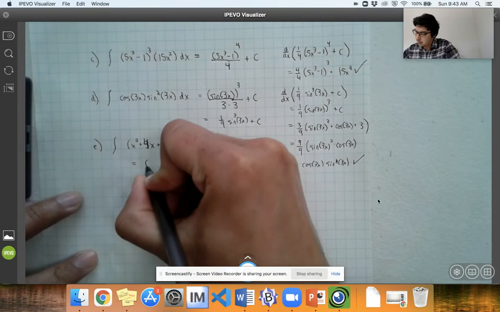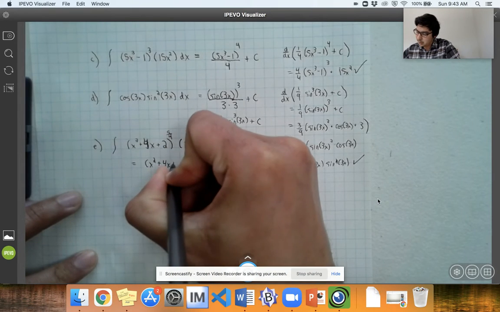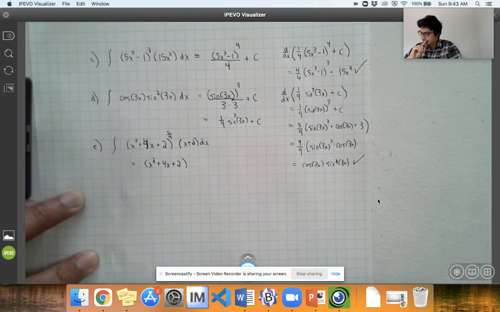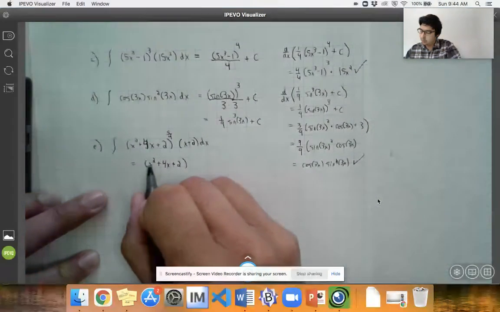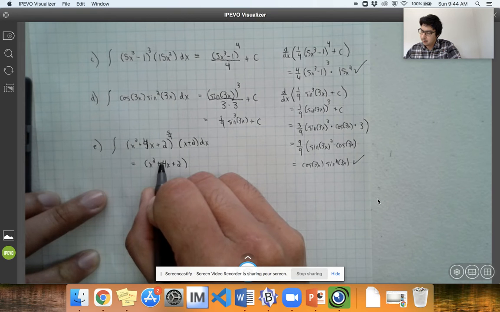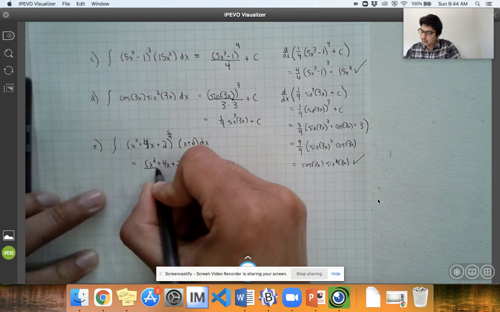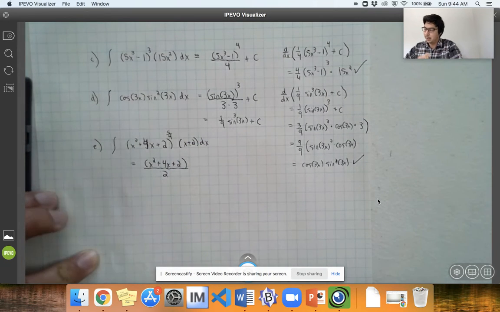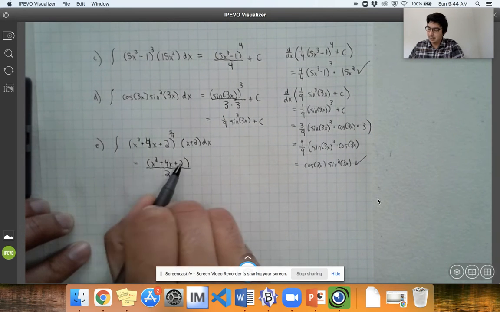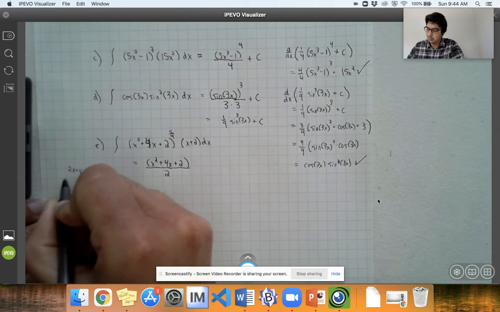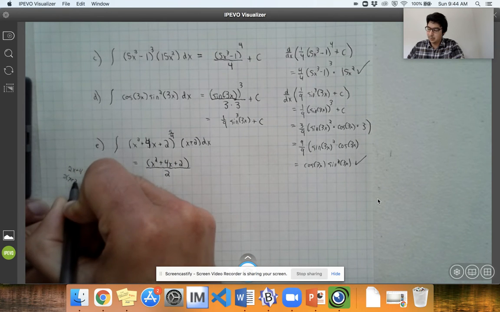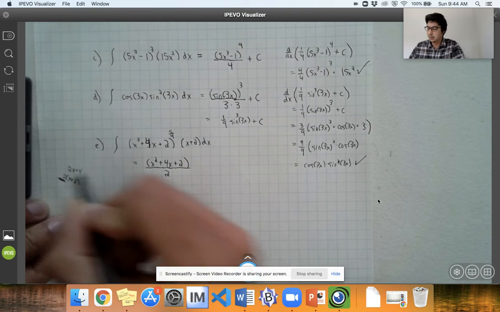So I think we're going to need the x squared plus 4x plus 2. And when I take the derivative of this, I'm going to have a 2x plus 4, but I just want x plus 2, so I have to pull out that 2, and I have to account for that. So I'm going to divide by 2. So again, when I take the derivative of this, I'm going to get a 2x plus 4, but I want an x plus 2. So it's going to be a 2 times x plus 2,